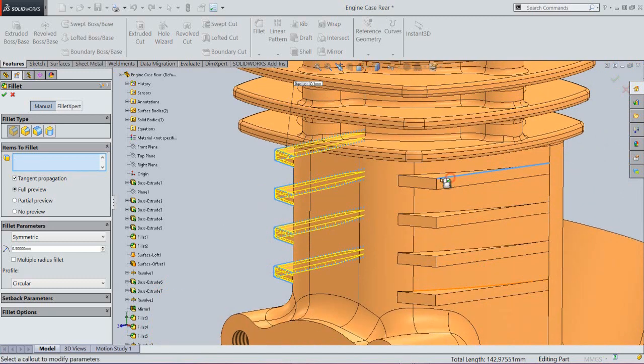In the same manner, we will create another fillet on the opposite side of the pattern feature.